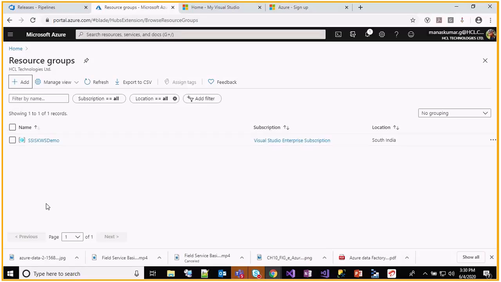When you work in projects, you have to ask your clients or customers properly about what would be the best choice for the region, if they are setting up a completely new one. If you are working on something which is already set up, you can't do much. But if you are creating one resource for the first time, make sure you ask the right question about where it should be located, and it should be available for them as well. Suppose I create it in South India, and the client cannot access this resource group, then there will be no use of creating it.